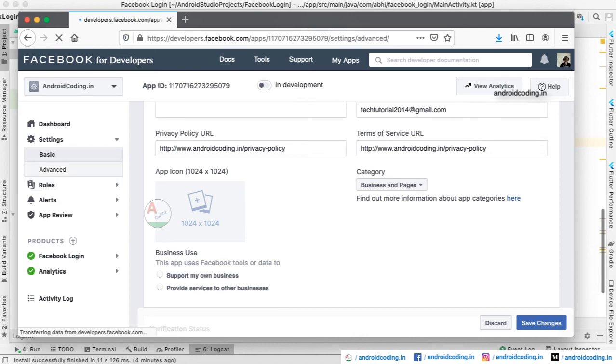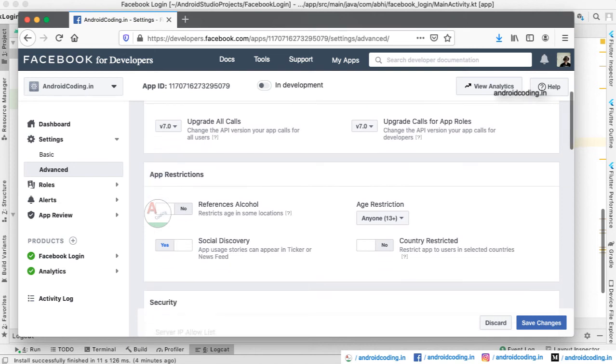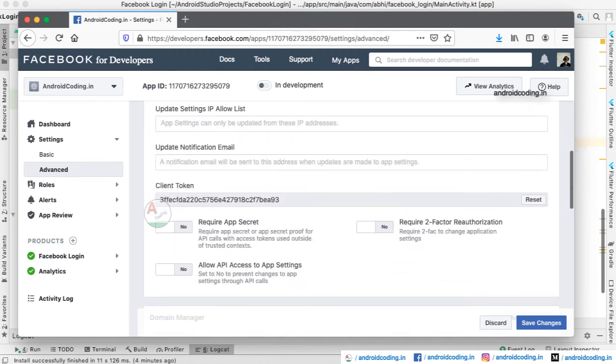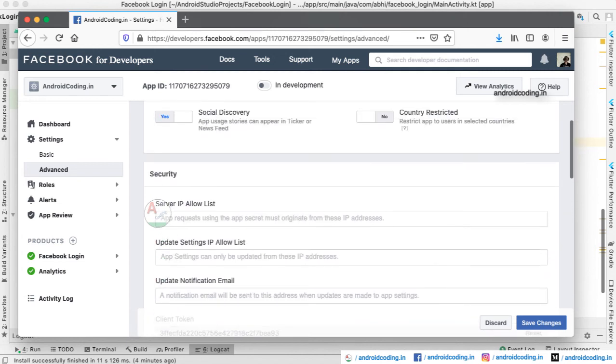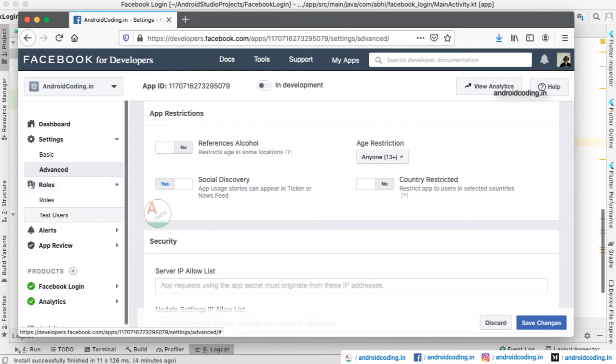And also in the advanced section you can find a few other things you need to specify, based on your application requirement. And security, all these things are purely based upon your requirement here. And also here you can find the roles.